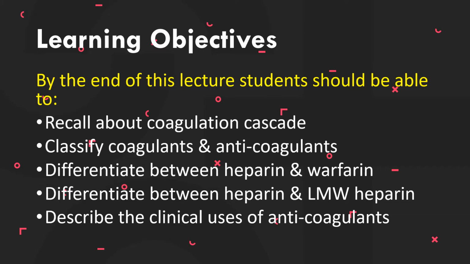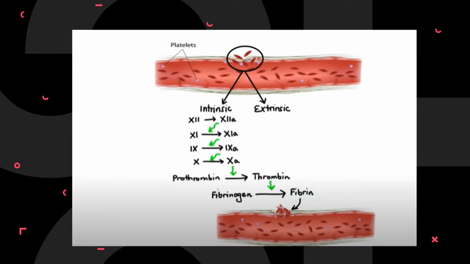Students, this lecture will be covered in two parts. In today's part, we'll be covering heparin. So this is a coagulation cascade. Basically, there are two pathways involved with clotting. We all know these are the intrinsic pathway and the extrinsic pathway. The intrinsic pathway is basically activated directly by damage to the blood vessel wall, right? So let's have a quick look at how it acts.